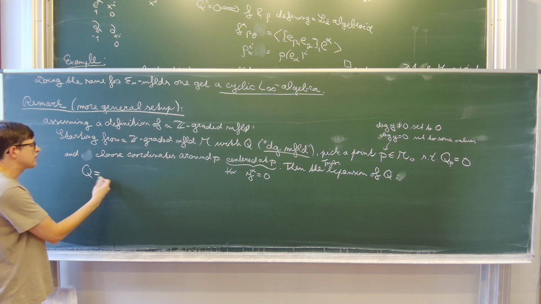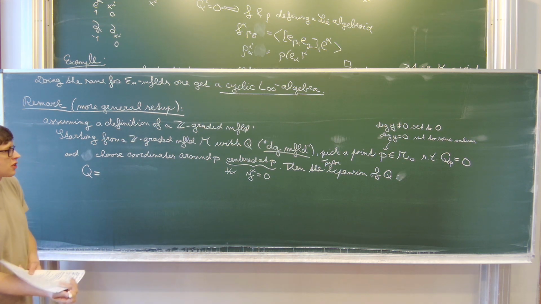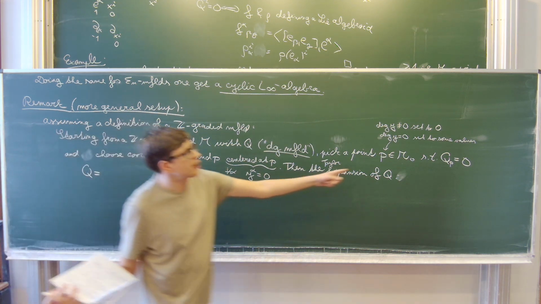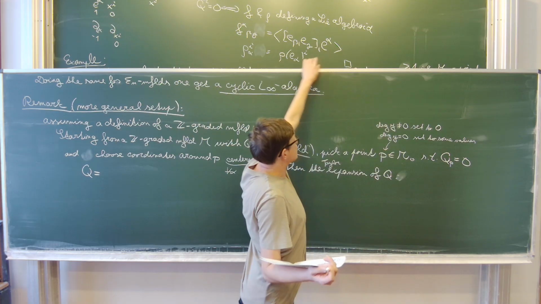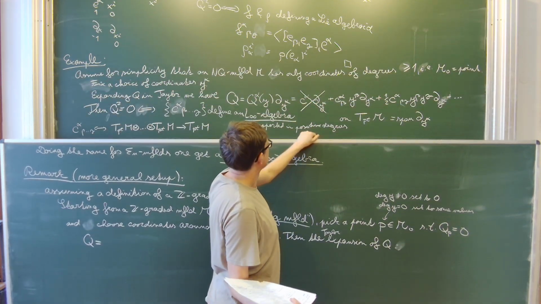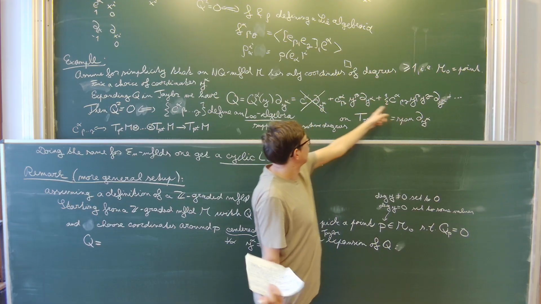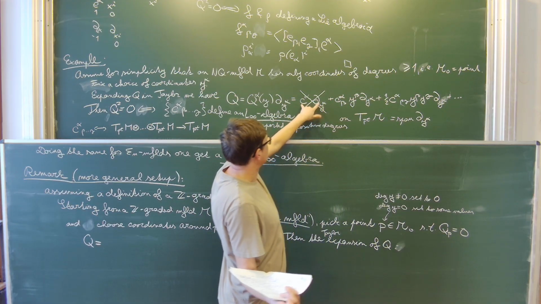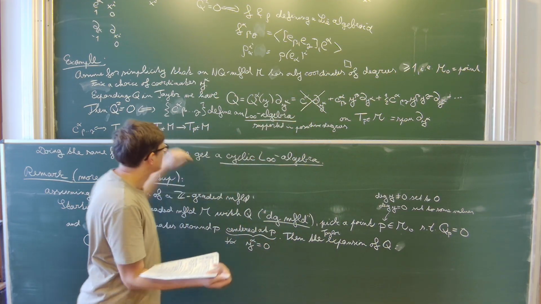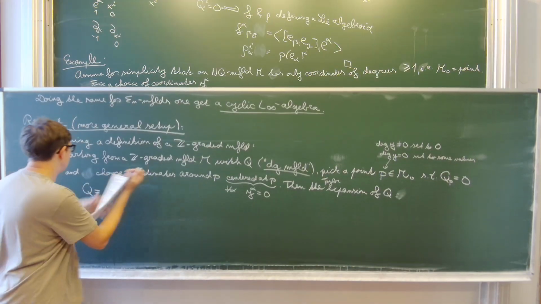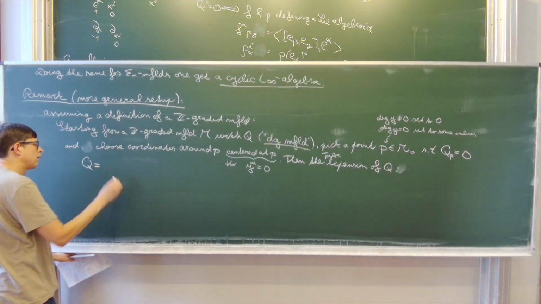So again, in principle, this could have a degree 0 part, but I just said that I want Q to vanish at that point, which means that the degree 0 part should be 0. Because if you set all the y's to 0, then you get this term surviving, and I want it to be 0. So there is no absolute term. So Q simply looks like